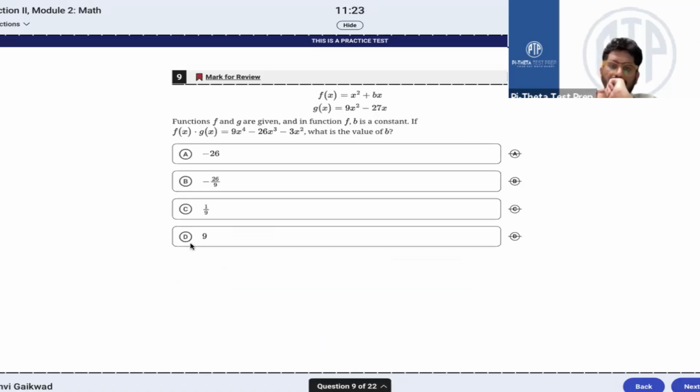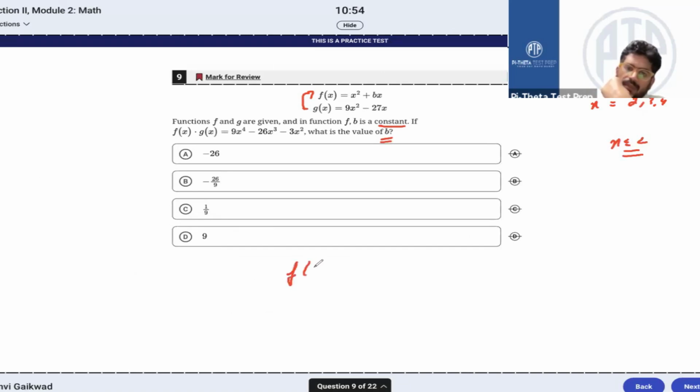I'm going to question number 9 here. In this type of question, remember that if you try to multiply this directly, it will become very hectic. b is a constant, and b is the only thing they are asking you to find. So we can insert something like 2, 3, 4 in place of x. Never try to put 0 or 1 here. So if I take x equal to 2 and rewrite this equation,